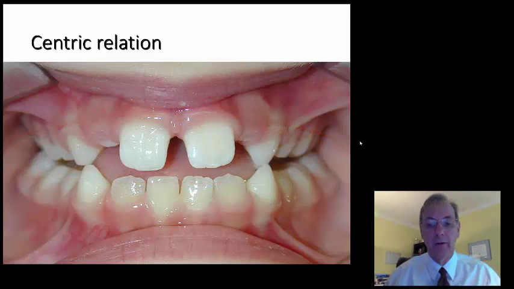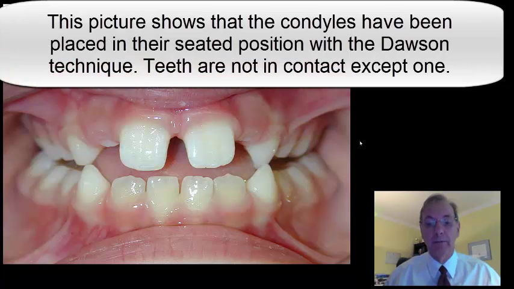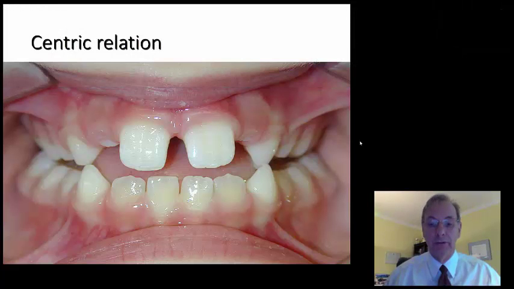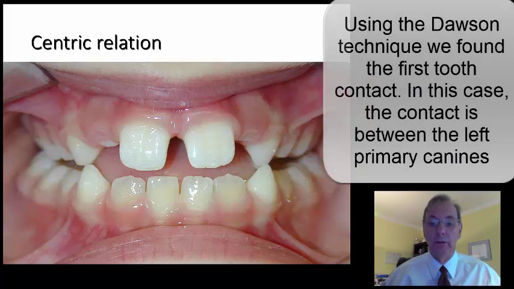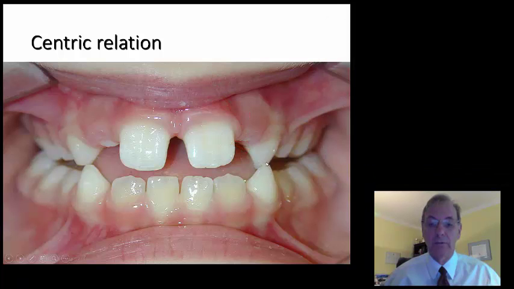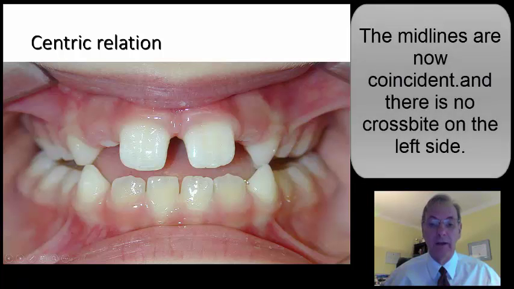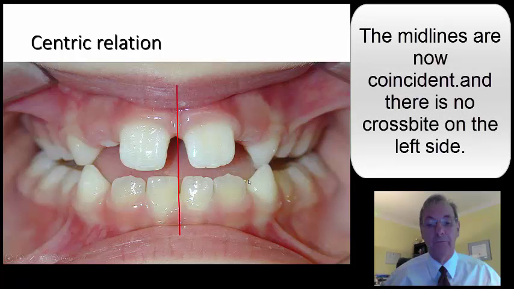So this patient now is actually being manipulated into a position where the condyles are sitting in the proper position in the glenoid fossa, and she's been asked to just stop at the first tooth contact. In this case, she stopped right here. There is a bit of a slide because when we took the picture, the patient moved a little bit, but this was the first tooth. There was an absolutely tip-to-tip contact in centric relation, and you can now see that the midlines are fully aligned,